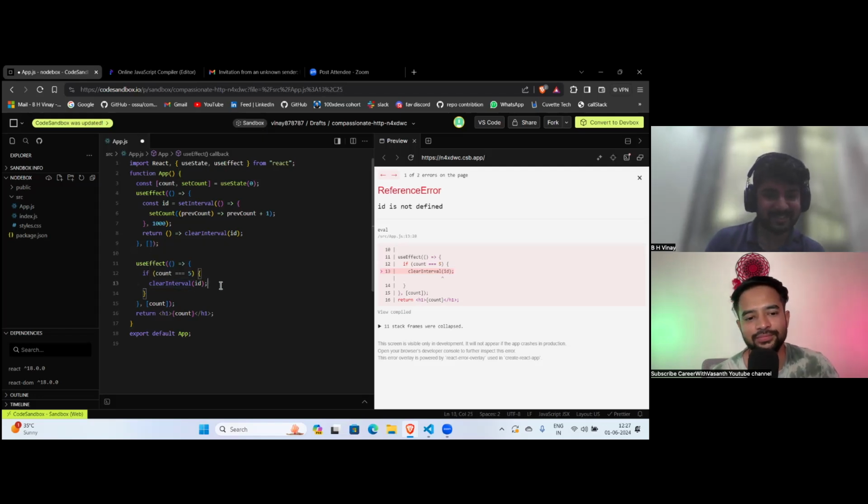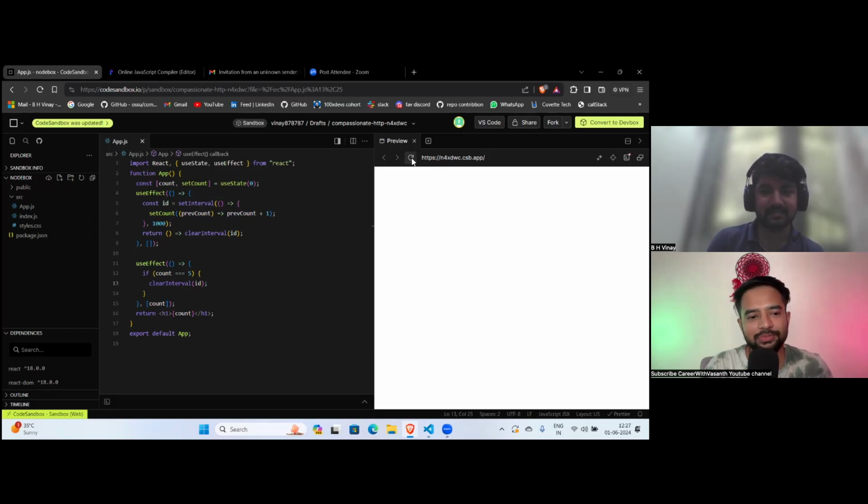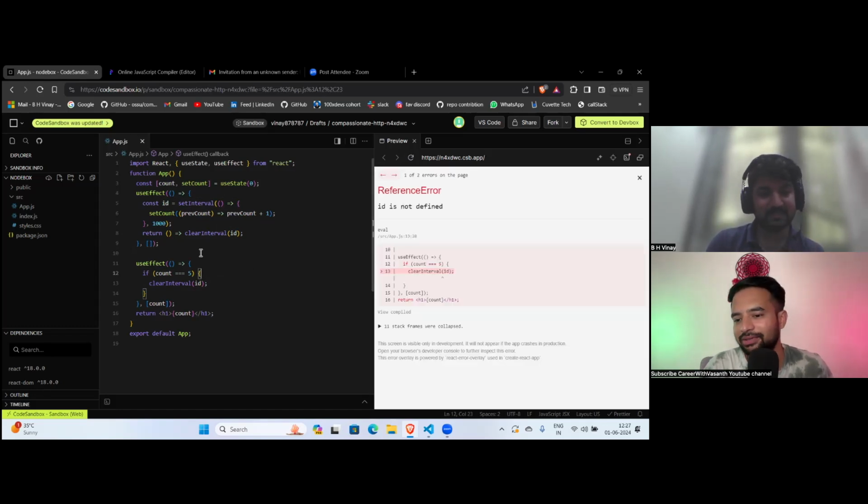Error. Okay. Why is it an error? The ID, okay, it got incremented. The ID reference which is passed to ID variable, I think that was not generated actually. So that is why it is saying ID is not defined. Not that way. It is a simple JavaScript concept of scoping, right? Const is available only in the scope. So between line number 4 and 9, const ID is available. In line number 13, ID is not available. Correct?